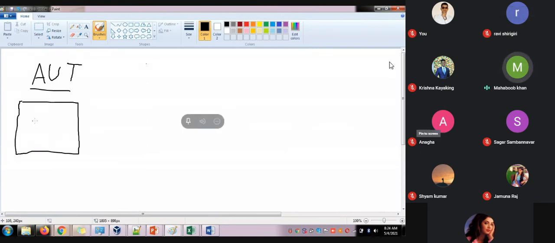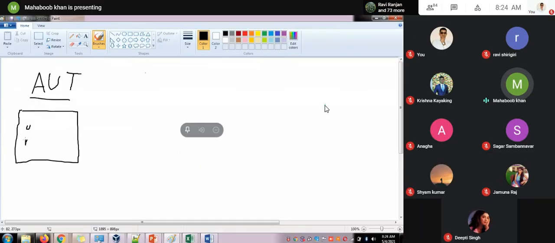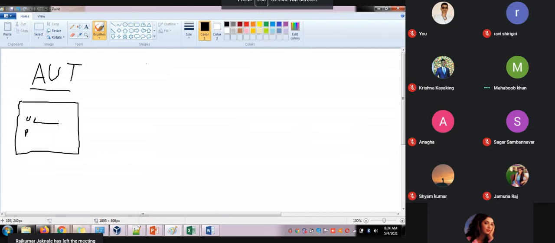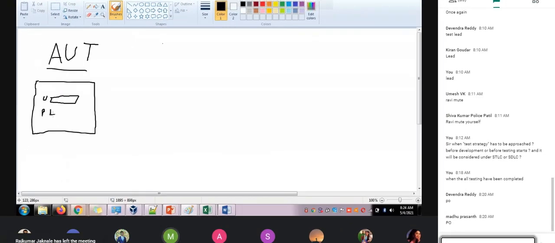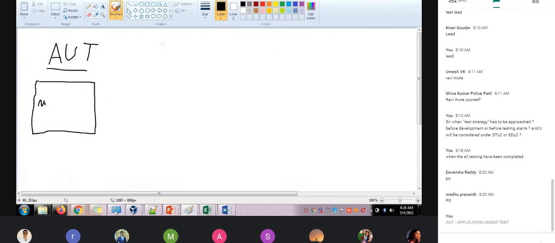I will give the username here, the password here. I will give one tab, and one more tab here. I will give a number here, and I will give the content here, and here I will make it a submit. So this tab I will give, and I will tell him, can you please test this AUT.